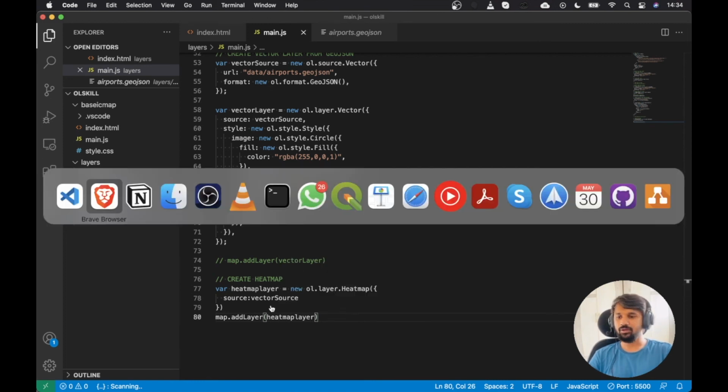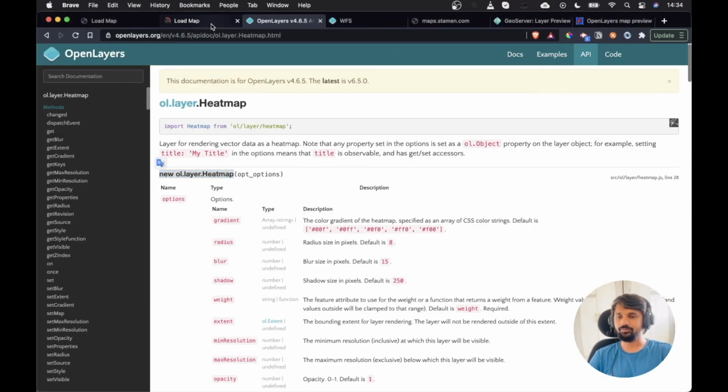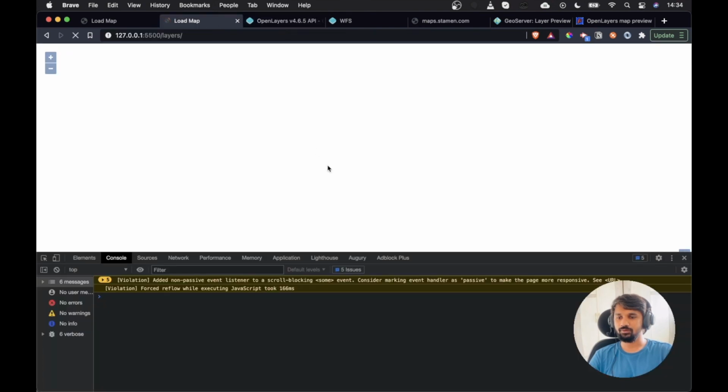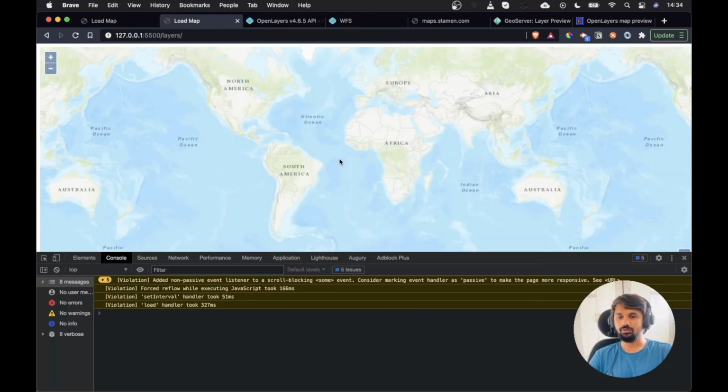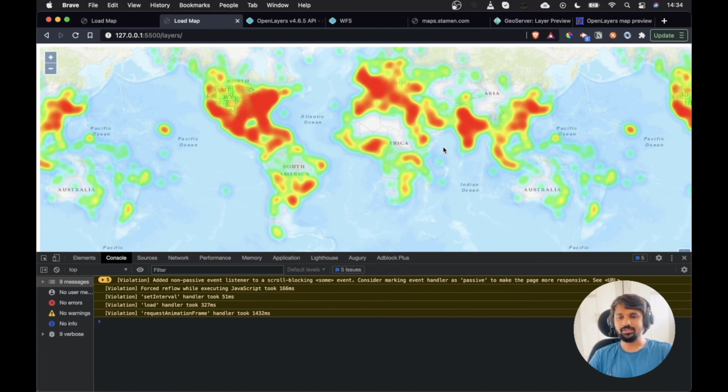If I save this and if I go back to my application, you can see that now the data is loaded as a heat map.